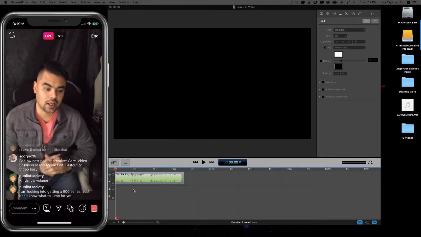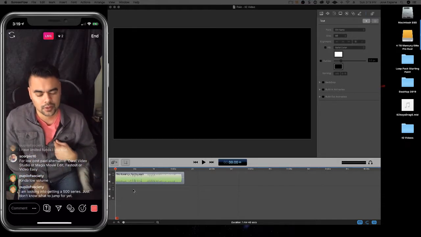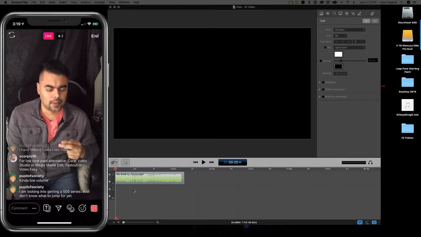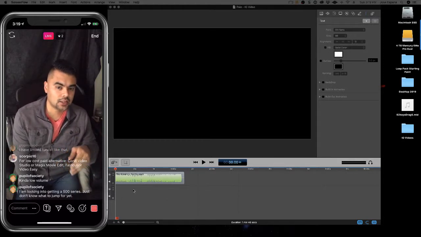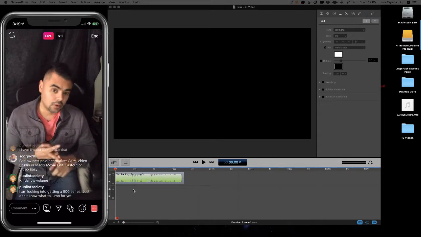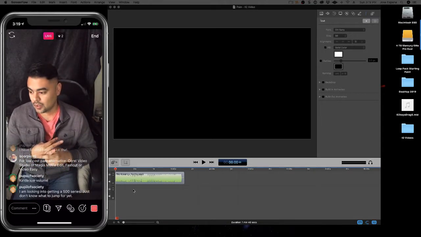Yeah, and I guess you got to look at it as, I believe the 500 series I'm looking at is going to be 8. It has 8 slots, and for the reason it has 8, I want stereo in a sense. So one can be EQ, one can be compressor, one can be